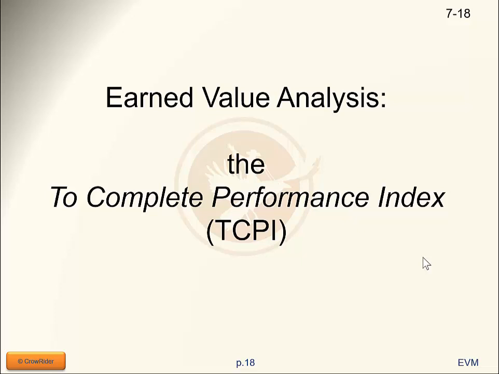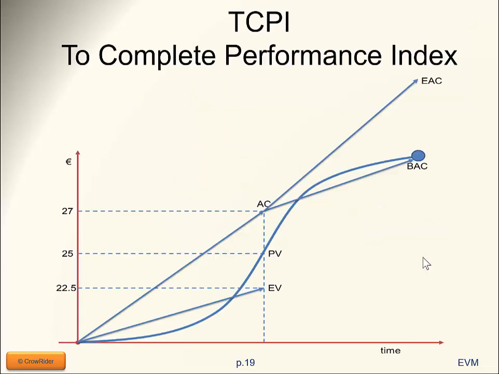To complete performance index, let's have a look at it from a graphic perspective first of all. If I'm assuming that this curved line is my baseline and it's arriving to my budget at completion, the angle, if I divided, remember, my earned value divided by my actual cost was my cost performance index. So essentially the ratio between earned value and actual cost, given by this angle here, is what the cost performance